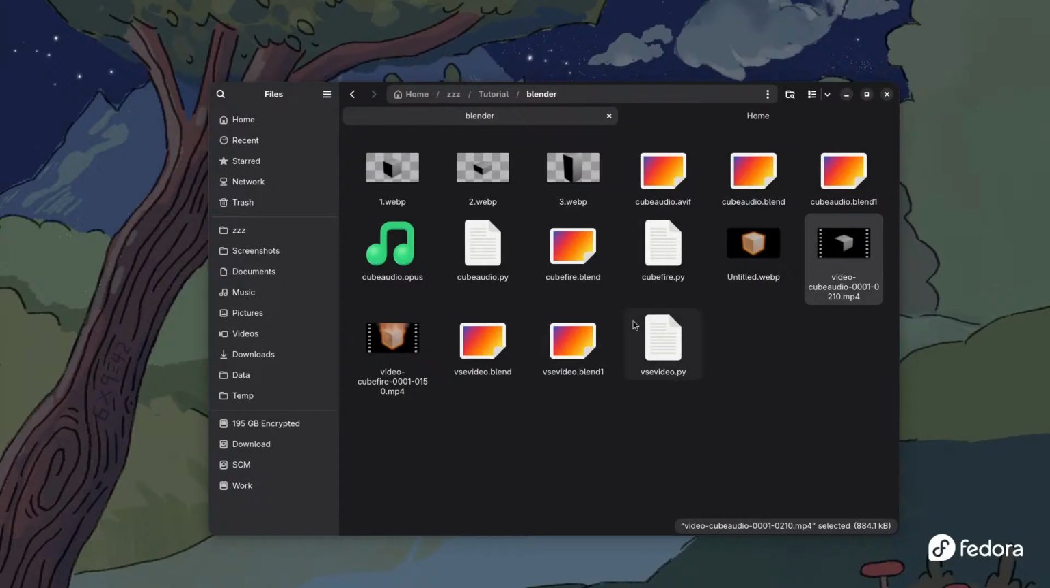Okay, so as you saw, I just played that video. That was the output of the file that we created. So we're going to create. I see here it's cubeaudio.py for the file. So I'm going to delete this one and